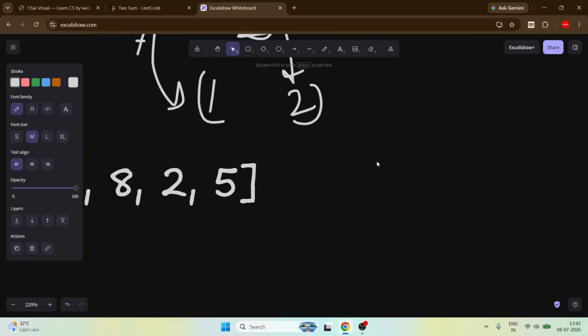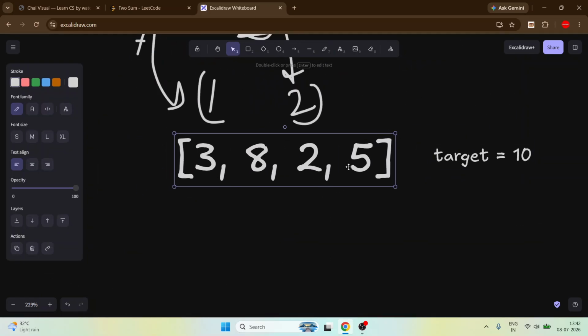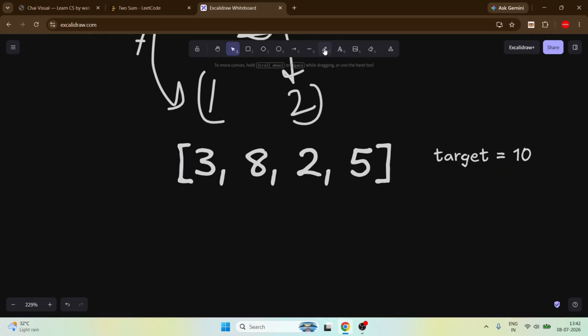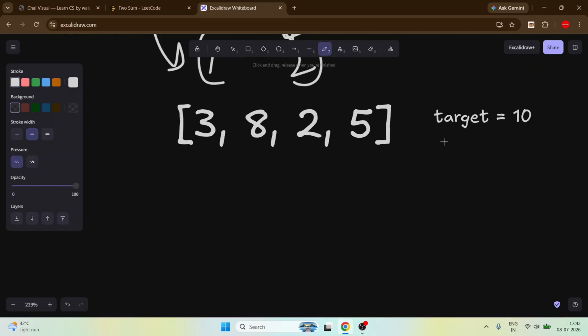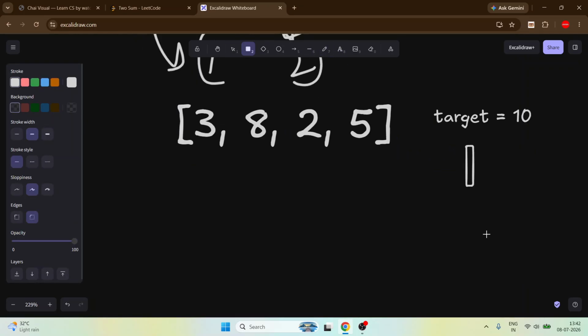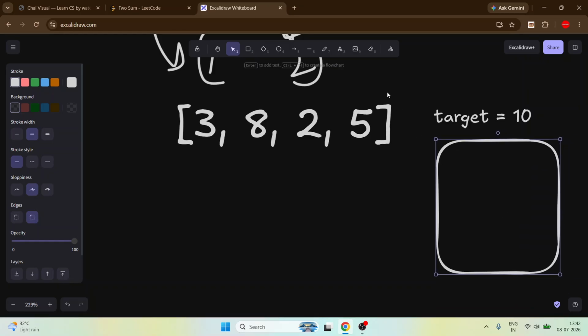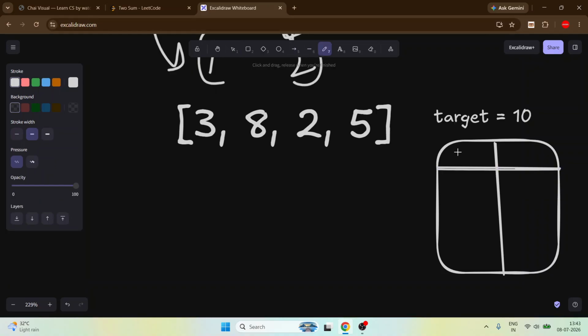Let's do a map here. The map should be a value index pair.